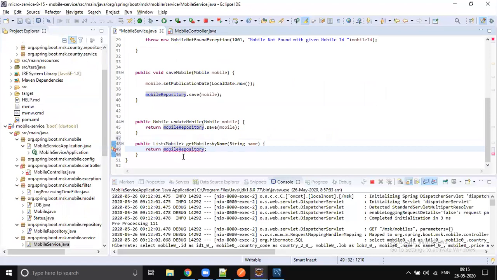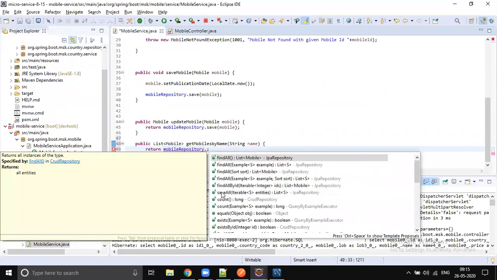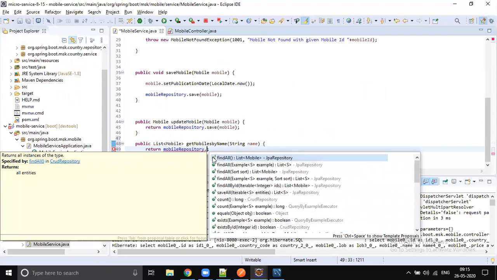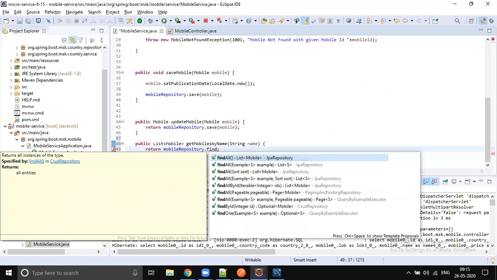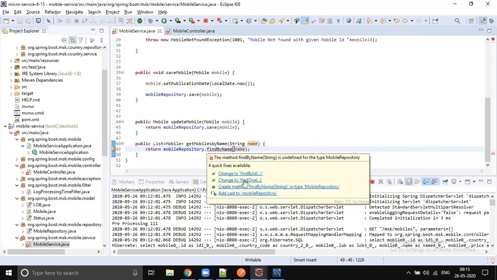This is not a primary key, so findByMobileName is not available. Findby name is not available, so let's change that to findByName and pass this name as the input parameter. This method is not there, so let's put the mouse on it.